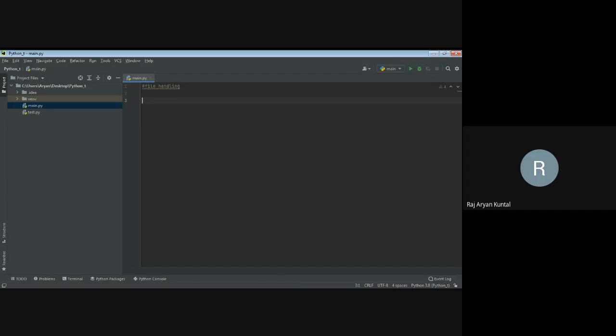So we use the open keyword to access a file. The syntax is open, then the file name with the extension, and this should be under quotes or double quotes. Alright, then the access method. So the major access methods are